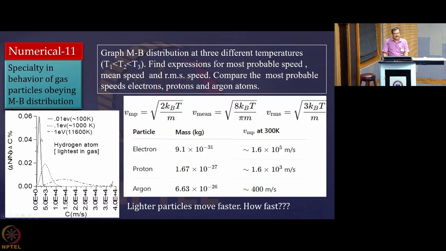This I generated from a computer program, as per the actual data, and the way it varies, it goes like this. So, you should keep in your mind the way the distribution varies as well as the velocity varies depending on the species. This tutorial clarifies and fixes in your mind the kind of velocity you may expect inside the plasma and how it varies when you change the temperature and change the species.